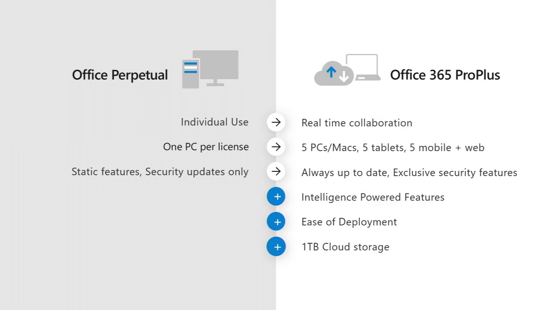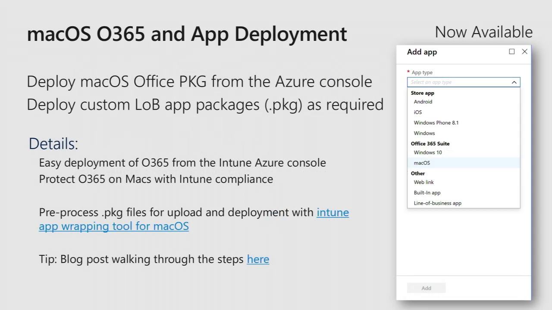So I'm going to climb back into the Intune world now. And for Office 365, as well as standard line of business app deployments, we added that last year. So with the Add App functionality in Intune, you can go and select Office 365 for Windows and/or Mac. There are ways to do it for all platforms, built in as a first-party app, as well as the line of business app. Now, I'll focus a little bit on line of business app deployments here,